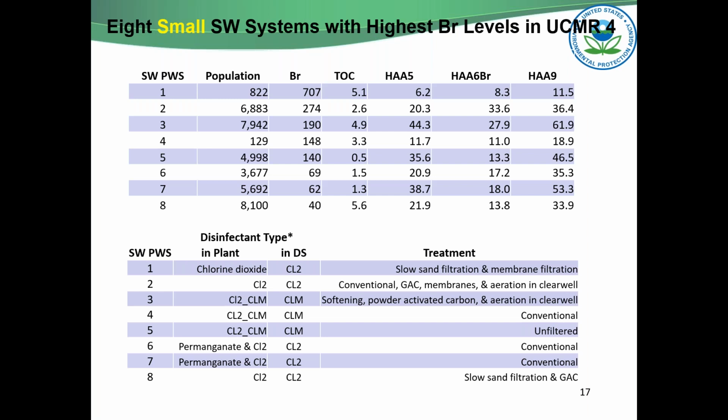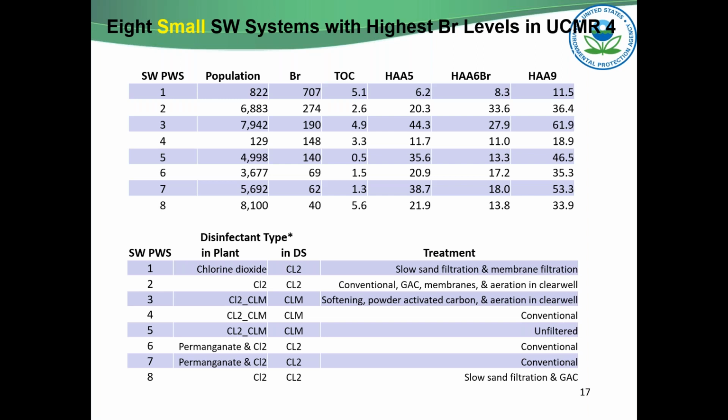And you can go down to the lower part of this table on the treatment side. You can see that surface water system 1 has slow sand filtration and membrane filtration, so you've got a lot of precursor removal that would take care of a lot of that organic material. And then you have a preoxidant of chlorine dioxide, which is going to be preventing some within-plant formation of the halo acids. And then you look at surface water system number 3, and you see a less rigorous removal of precursors, and that is a good explanation for the high differential between the